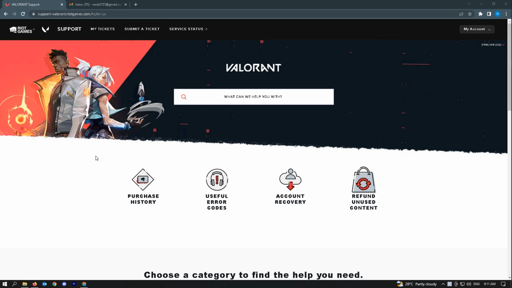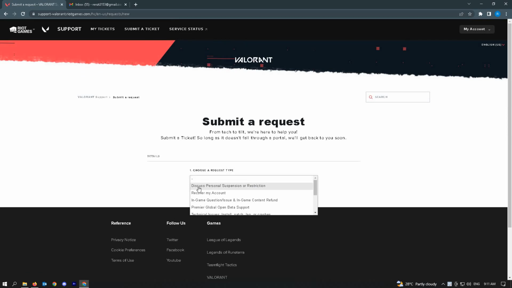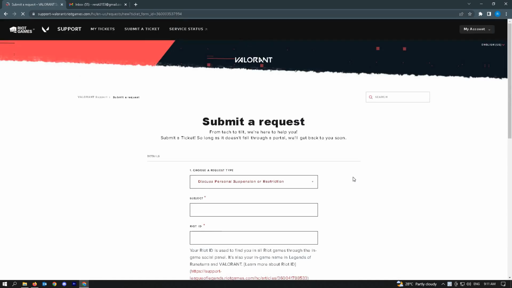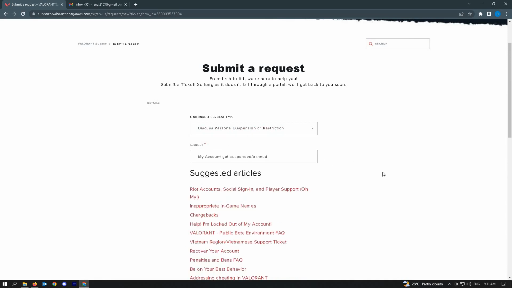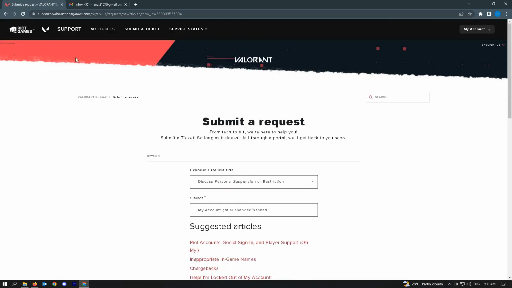For our first step here, just click on submit a ticket, and that should redirect you to this page, and here choose a request type. Just click on discuss personal suspension or restriction, and the site will reload. Here in the subject, just add the following subject, which is my account got suspended slash banned, your Riot ID. Here you can find your Riot ID